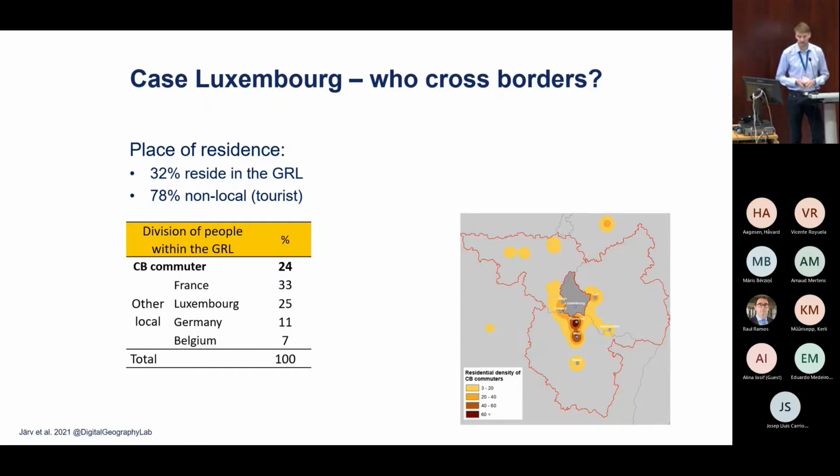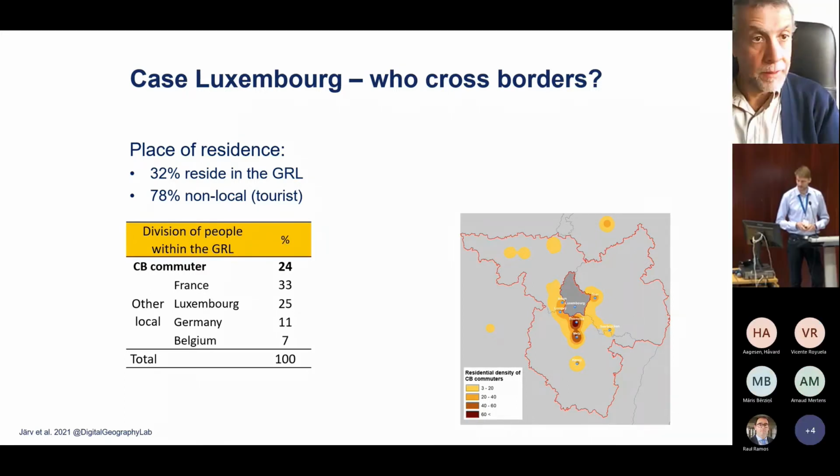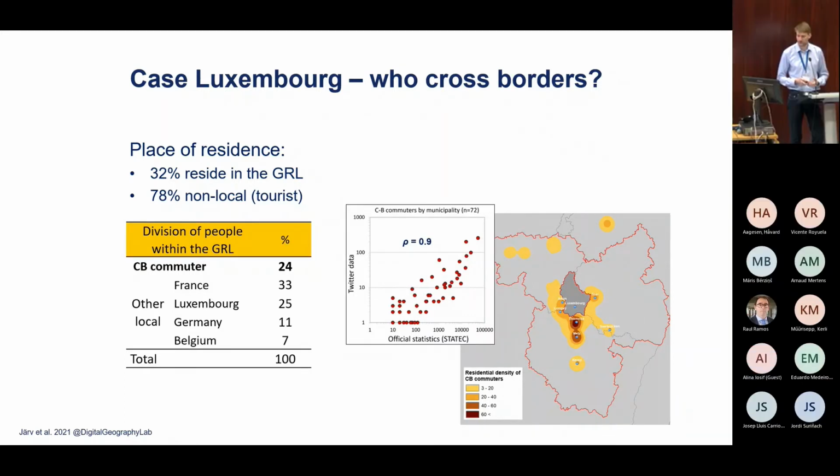So when focusing on cross-border commuters, we mapped where their place of residence is distributed, and we got this kind of setting here on the down right map. And then we correlated our data with the official statistics at the municipality level, and we got a pretty nice correlation. Well, I think we are capturing the same results that are provided by the official data, which is